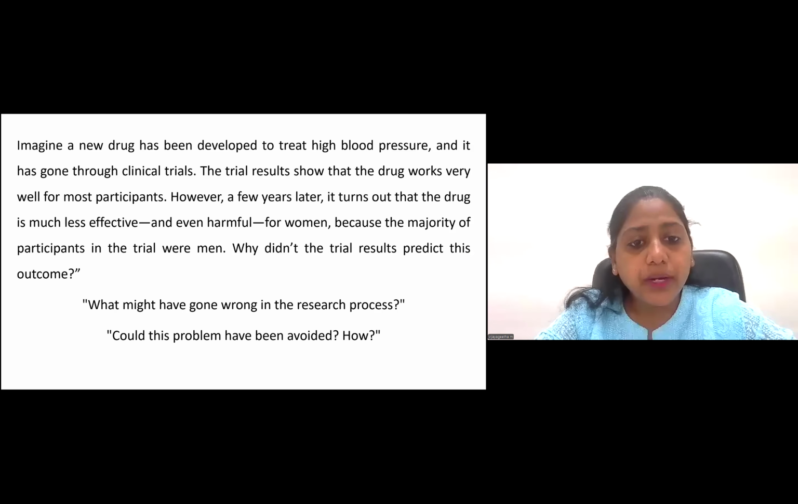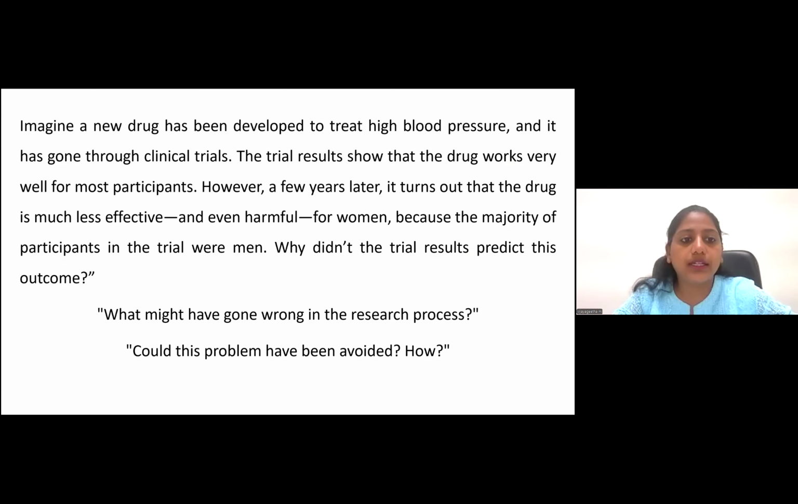So what might have gone wrong in the research process? They very clearly stated that the majority of the participants in the trial were men, which means the women were underrepresented in the trial, and therefore, probably they were not able to produce valid findings pertaining to gender-based distribution. And how could this problem have been avoided? Very clearly, they could have had a better representation of